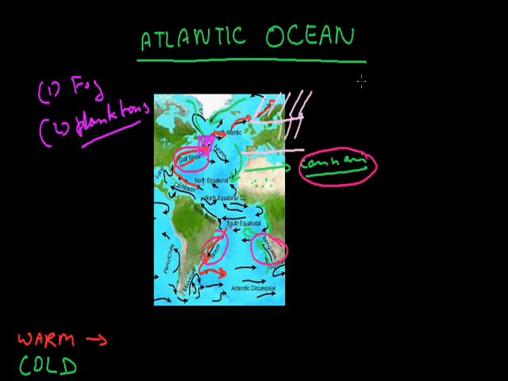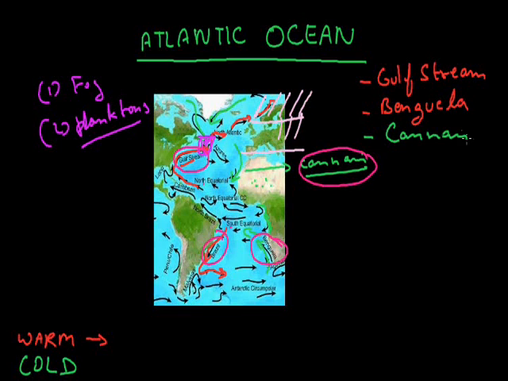The first is the Gulf Stream, and the second one is the Benguela current. The another one here is the Canary current. Here it is the Benguela cold current, and Benguela is a cold current, sorry. Here I have to write down Brazil, as you can see here, a warm current. So this is how we see the role of four main currents. Gulf Stream and Brazil are the warm currents, and Canary and Benguela are the cold currents.